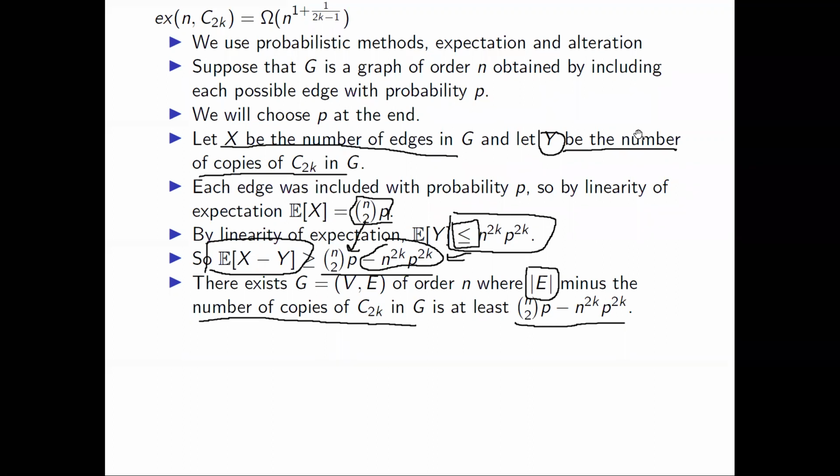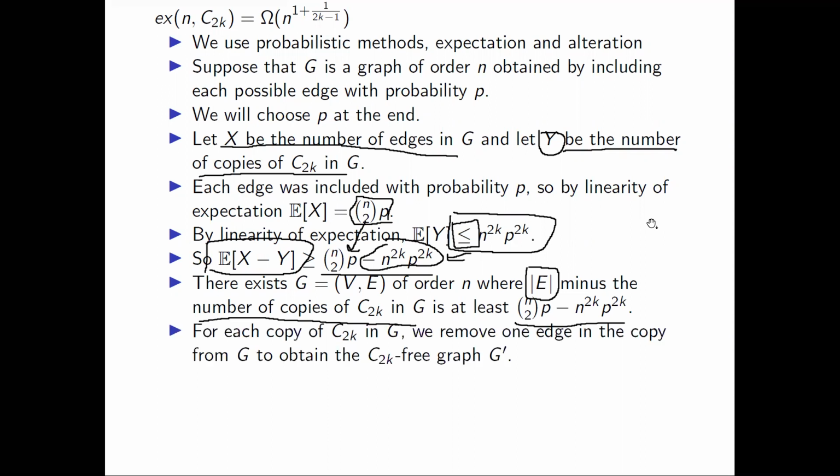Now, what this means is that we can take this graph G and we can do an alteration on it. So we take the graph G, we look at any copy of C_2k in G, and we just remove an edge from the copy. If we remove one edge from each copy of C_2k, the resulting graph won't have any copy of C_2k. So it'll be a C_2k-free graph, and we'll call the resulting graph G prime. And since we only removed at most one edge for each copy, and since the number of edges minus the number of copies is at least this number right here,